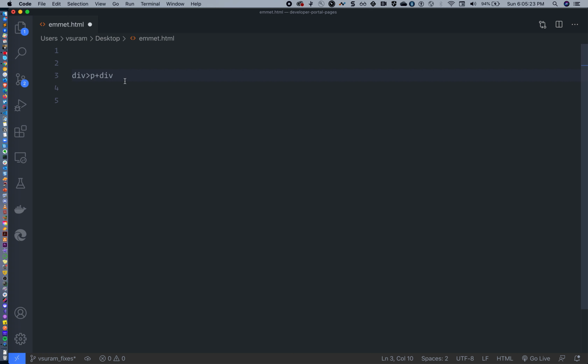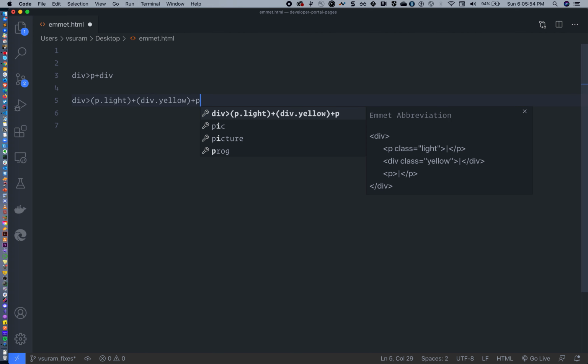If you have very complicated ones, you can still do that, but just to be careful, you can use braces. For example, p dot light. Now let's say another div dot yellow. Now I hit tab, it won't happen because this brace is not a command kind of thing. So plus you can say p. Now you are on the Emmet.js commands side.